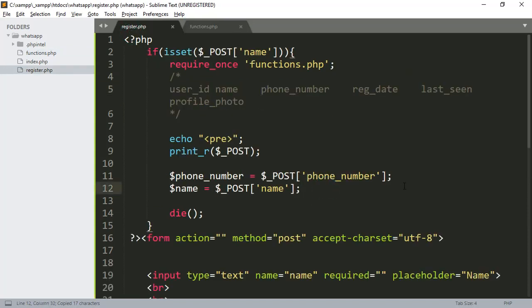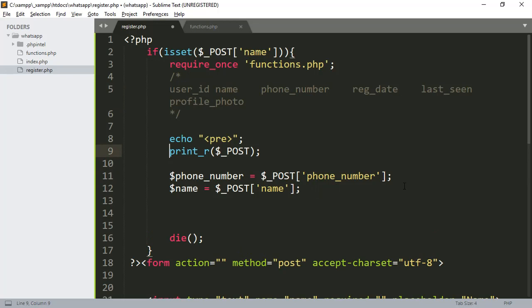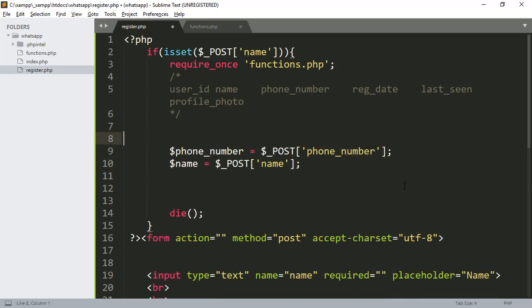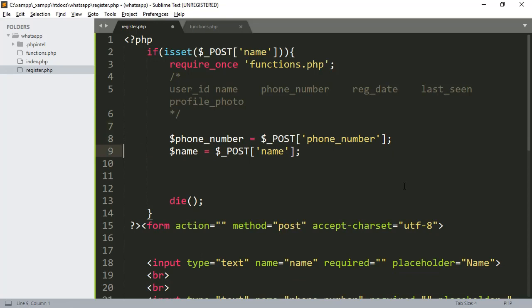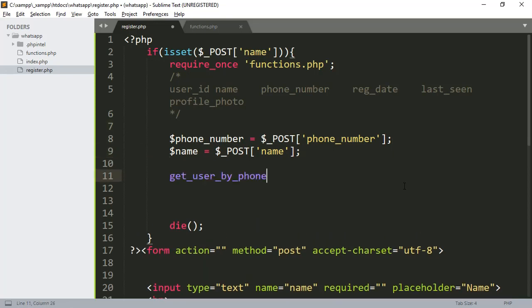So I'll just simply come here after collecting the user phone from the post, and pass get user by phone. Okay, so here I'm passing this phone number, you see,